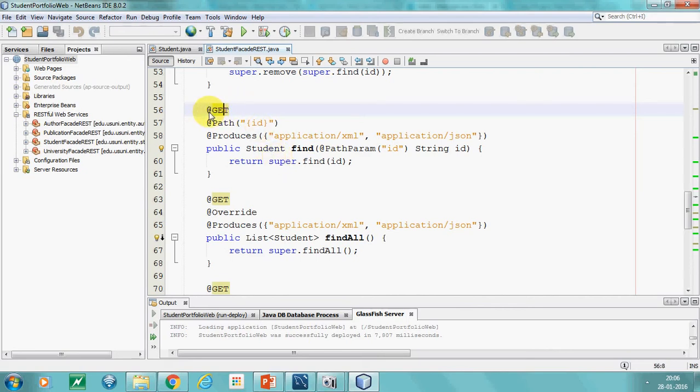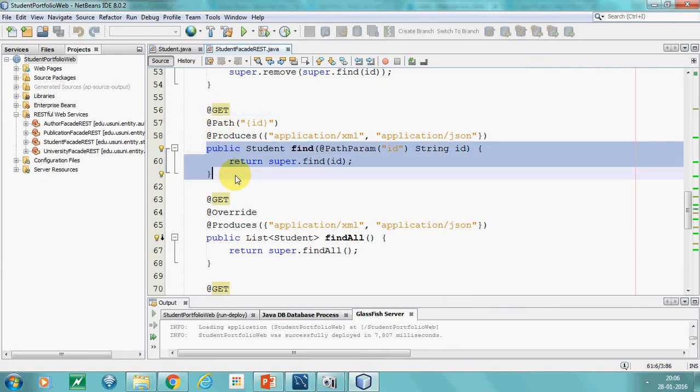So directly this annotation allows you to link the HTTP GET method to this Java method.